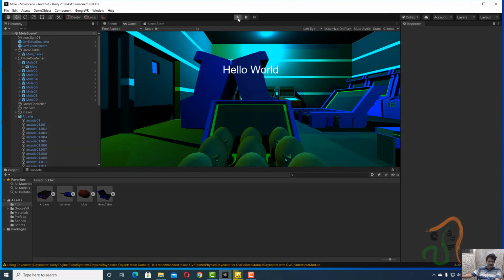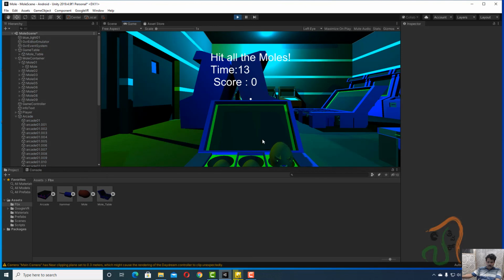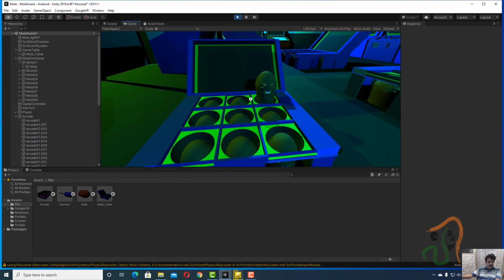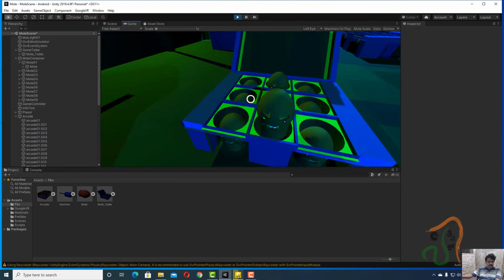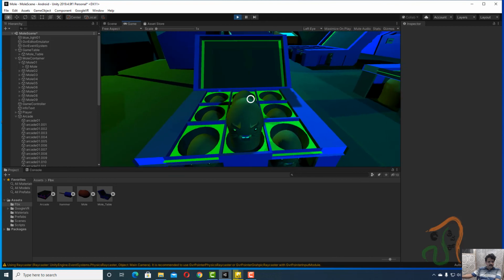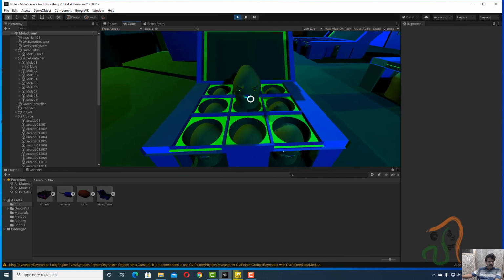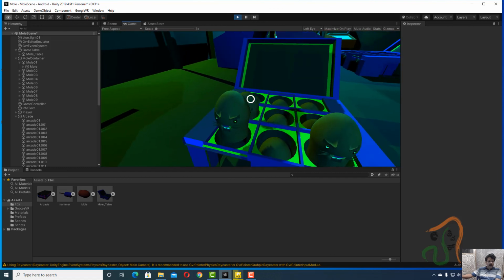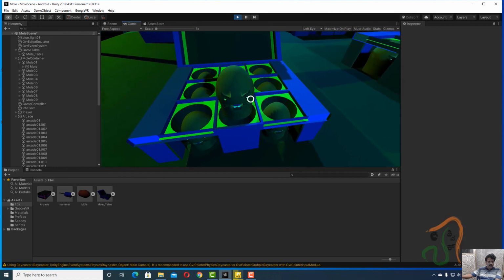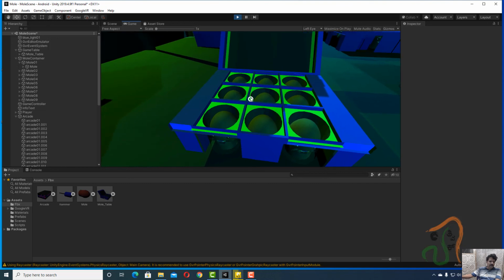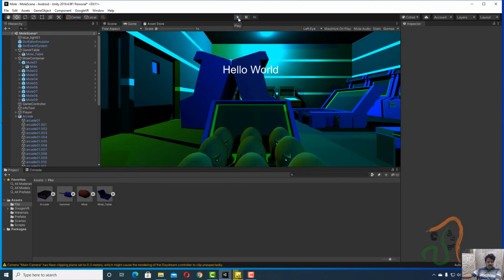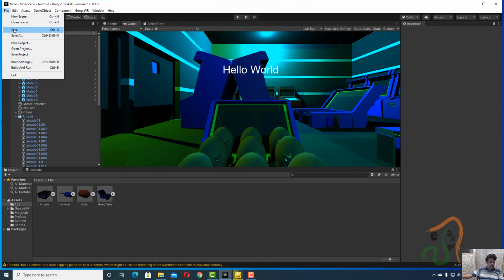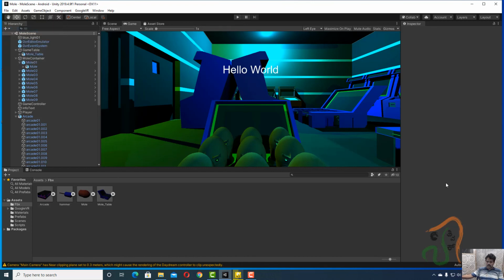Whenever we are playing the game and tapping on this, the hammer has to go and hit that particular mole. Okay, adding the hammer is the one last thing pending in this game, and that we are going to do in our next session. So right now go to file and choose save to save this project.